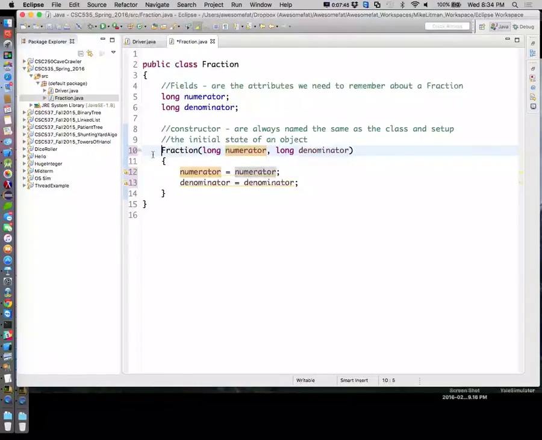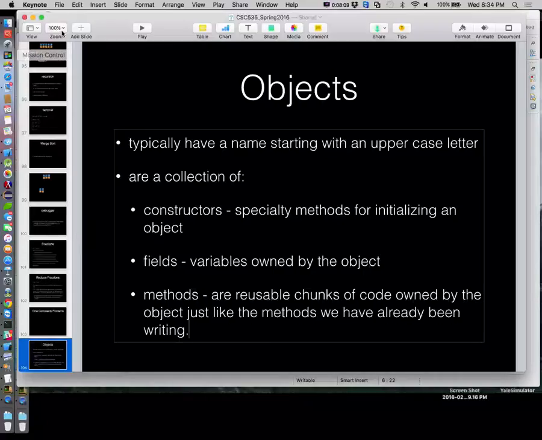But as it's written, this variable will resolve to its most local definition, which is this one. This variable will resolve to its most local definition, which is also this one. So I'm in no way changing the values of these guys up here. I have to have a way of talking about this particular fraction's numerator and denominator. And we do that using a special